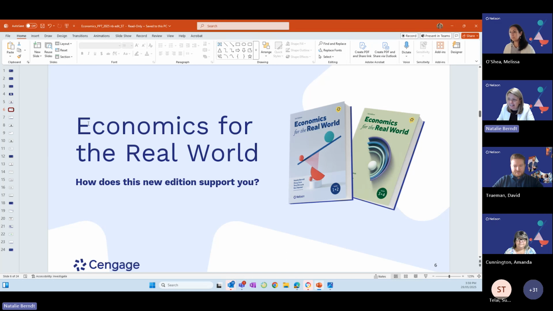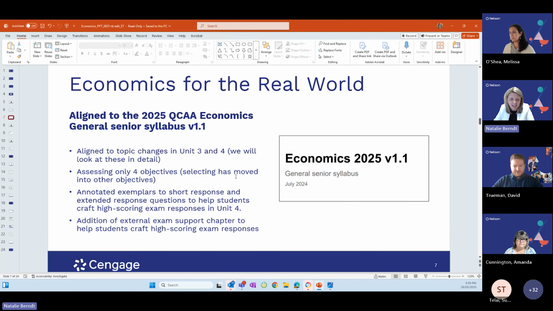So firstly, how does this new edition support you in your teaching in your economics classroom? First of all, it is aligned to the syllabus, and from what I know and all the research I did, it is still the only textbook that aligns to the Queensland syllabus, and we are very unique in Queensland. In most other states in the country, economics is declining. In Queensland, we are growing, which is fantastic, and we think the reason is, one, because it's the best subject,